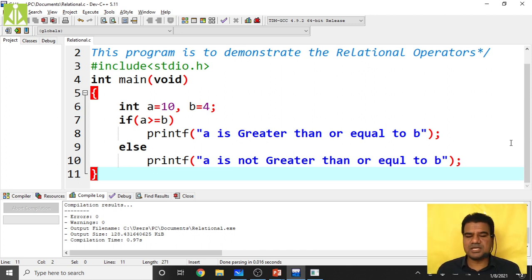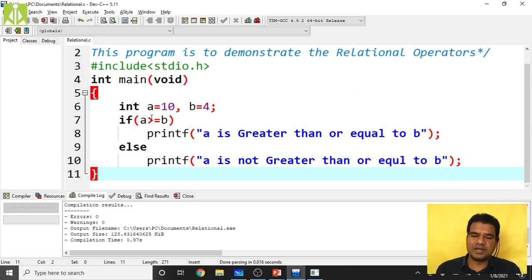Okay, so this is how you can do the relational operators. We did less than, greater than, less than or equal to, greater than or equal to, double equals, and not equals. We have checked all the relational operators. So instead of writing a separate program for each operator, you can add all those operators inside a single program itself.